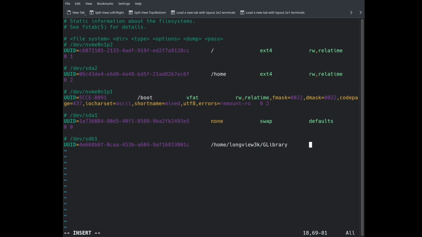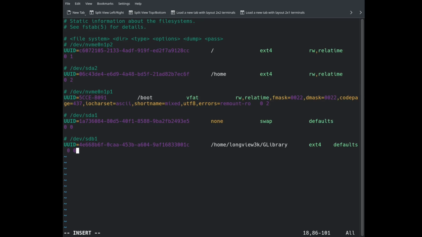Next, it's going to be asking us what the file system is. That file system right now is ext4. And then we are going to type in defaults